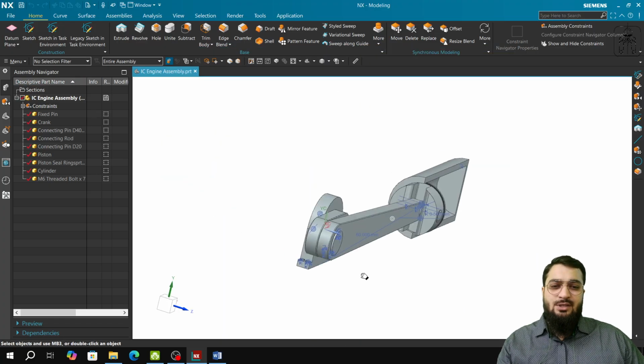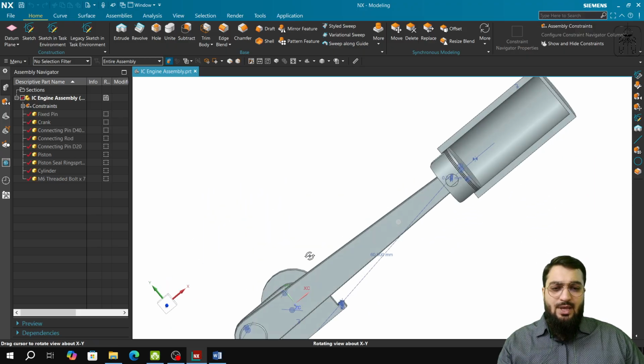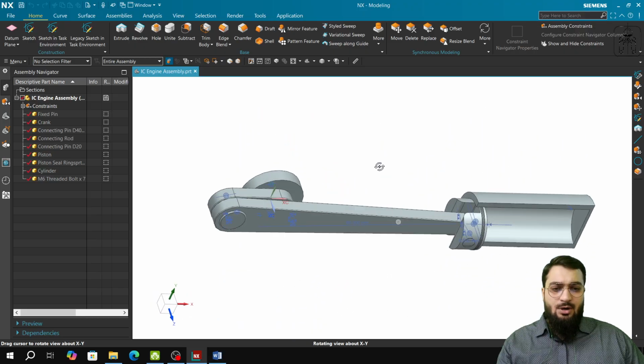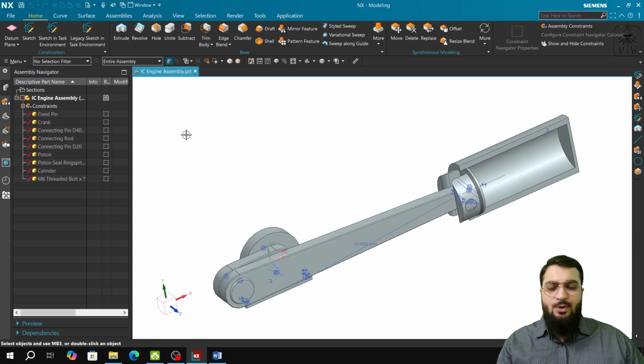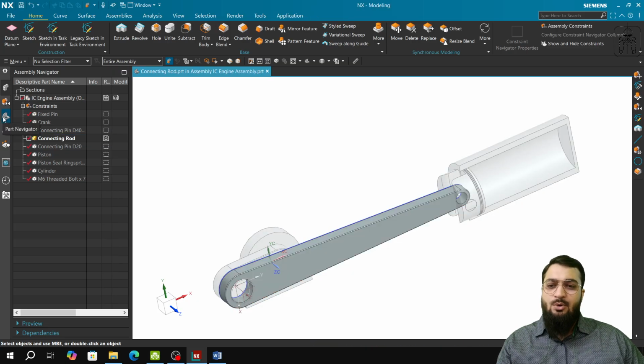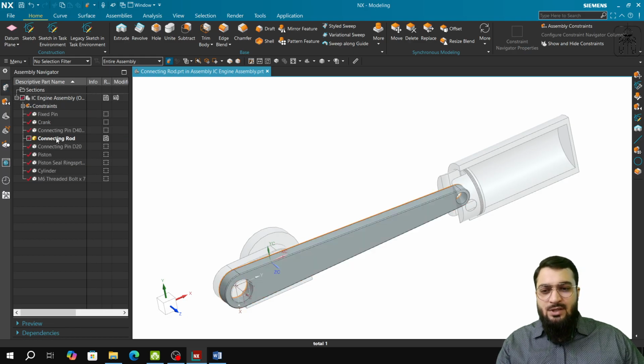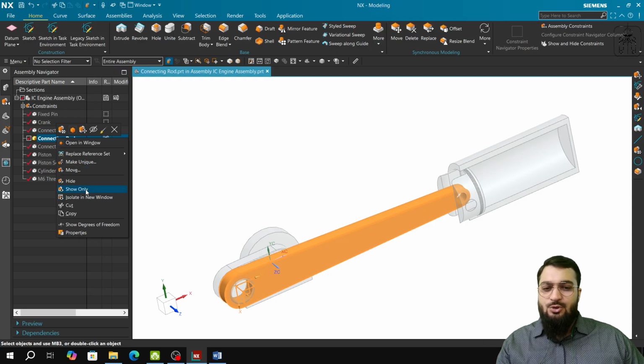For example, this is an assembly file that was made, and I want to access the model or a component of this assembly. I will double click over here, and I will go into the part navigator. As simple as that. This is the assembly navigator, and this I will go into the part navigator, and every operation that has been made will be shown over here. If you want to have only this thing visible, then you will use show only,